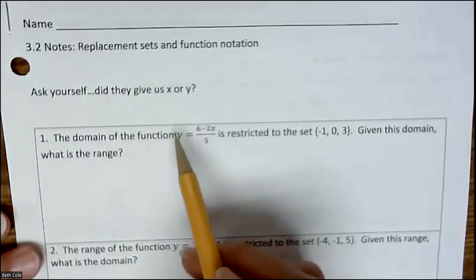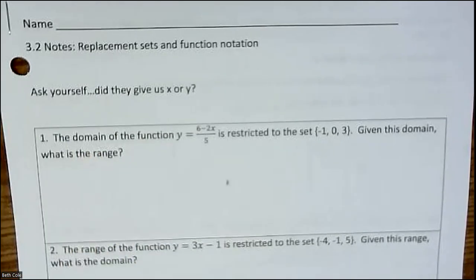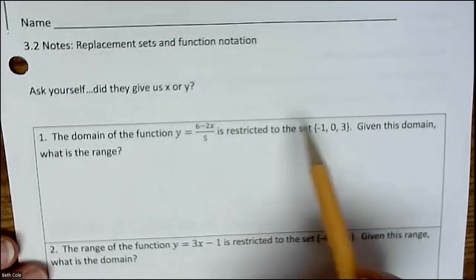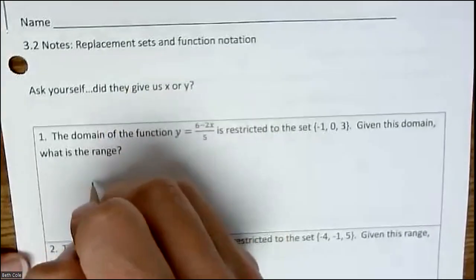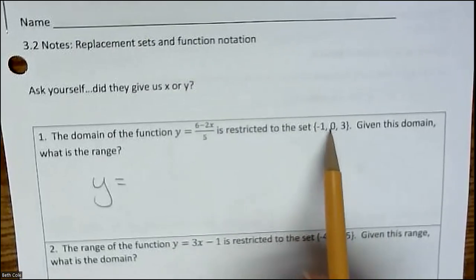So here we're given this equation. It says the domain is these numbers. Okay, so the domain is these numbers. Is domain X or is domain Y, guys? X. So that means these are your X numbers. We want the range, which is the Y numbers. So put Y equals, and look, all you need to do is plug these three numbers one at a time